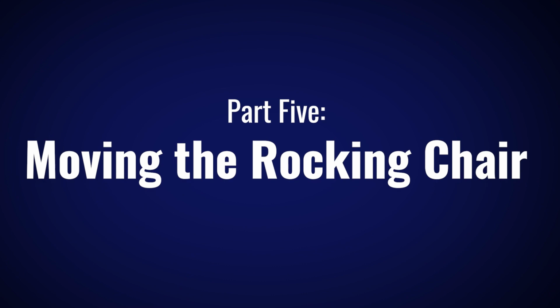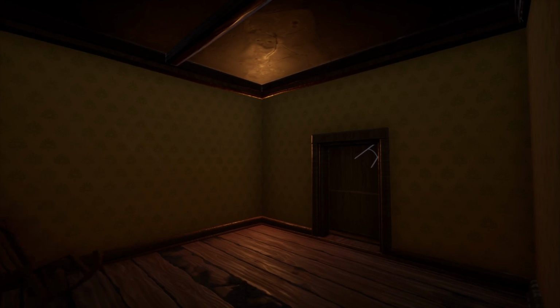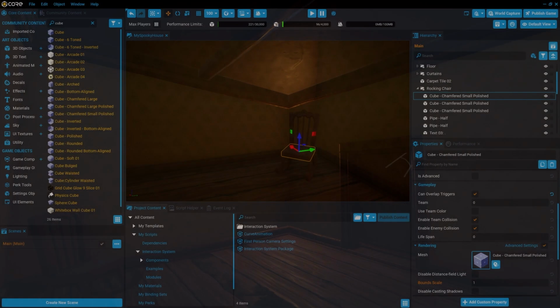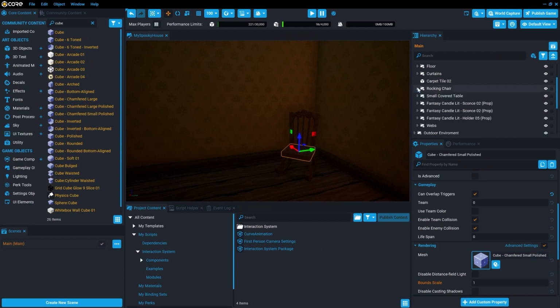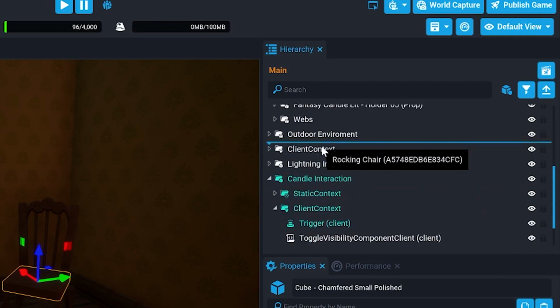The final interaction we'll add to the scene is a creepy rocking chair that will be rocking whenever the player is looking away, but stop rocking as long as they are looking directly at it. To do this, we'll use the curve animation template again. Start by selecting the rocking chair in the house interior folder and dragging it into the client context folder with